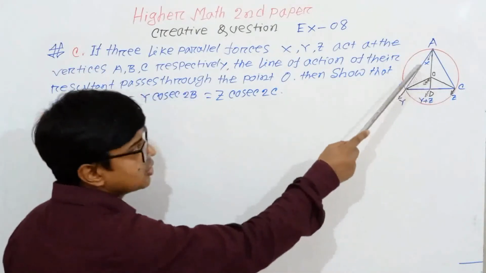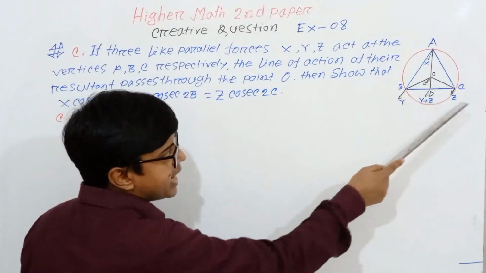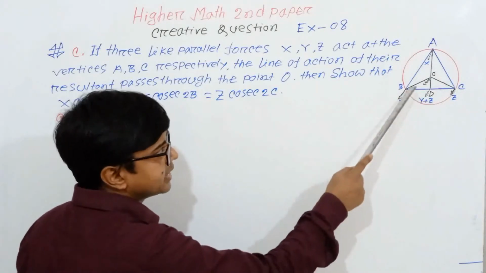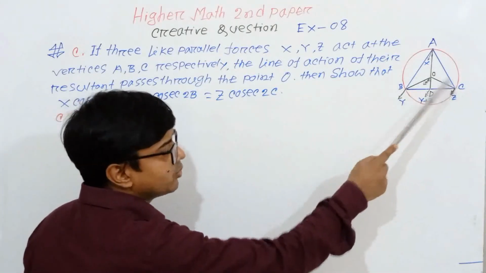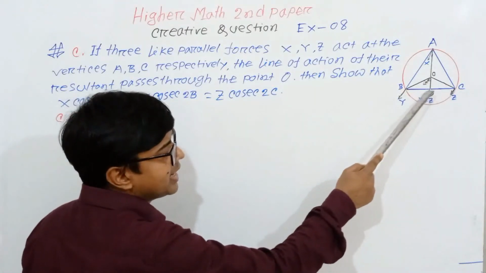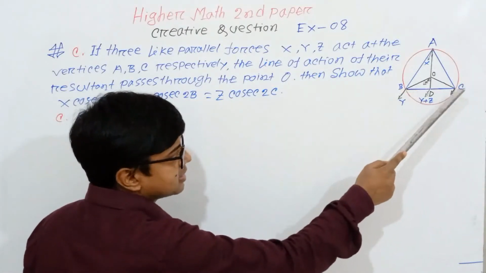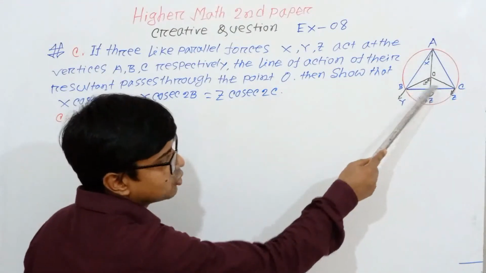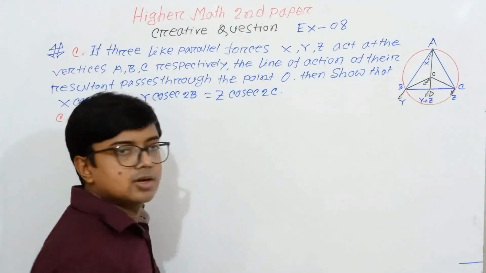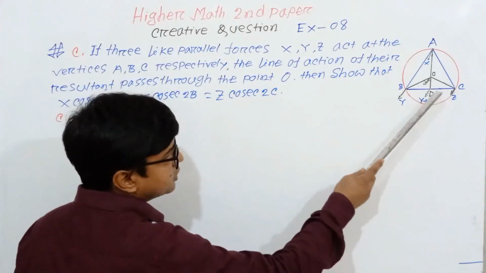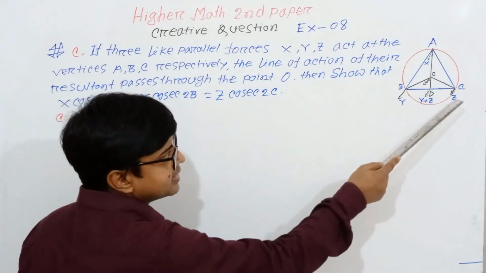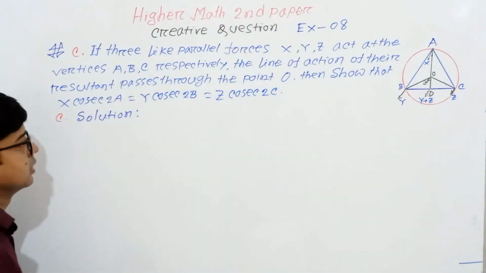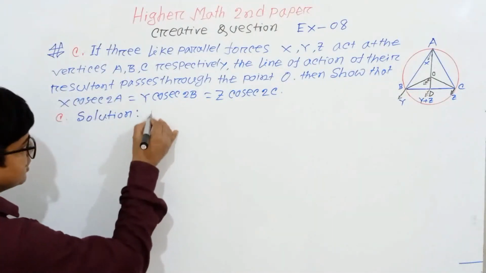So here the resultant of like parallel force Y and Z act at point B and C, along the line of action, lie on line AD and BC, and here D is the common point. So the resultant of Y and Z act at point D. So we can write here, let